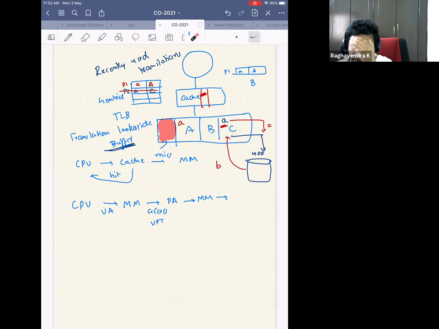I don't know whether we do it here or not, but generally, irrespective of the faculty or who is teaching, I think we should go ahead and implement a tiny operating system. It's a complex task, but it will tell you the entire thing about what is happening on the system.